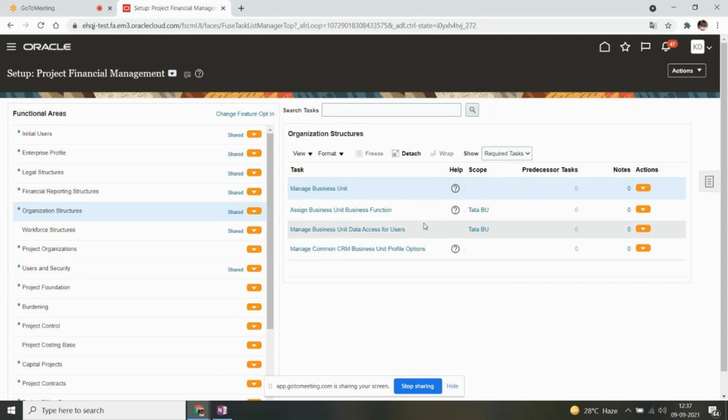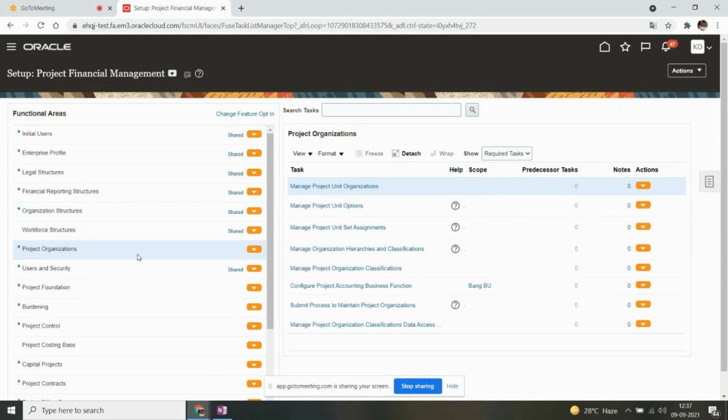Okay, then you have to refer to the recording again. We refer to the department as organization in Fusion. And unlike in E-Business, we cannot create organizations directly. First, the HCM team will create the departments, and then we will use those departments and classify them as our project expenditure organizations and project owning organizations. Okay? Fine, let's go to the project organizations now.